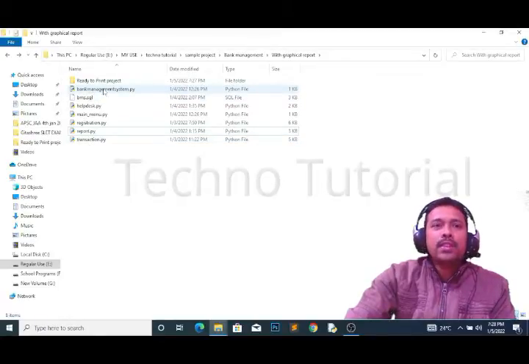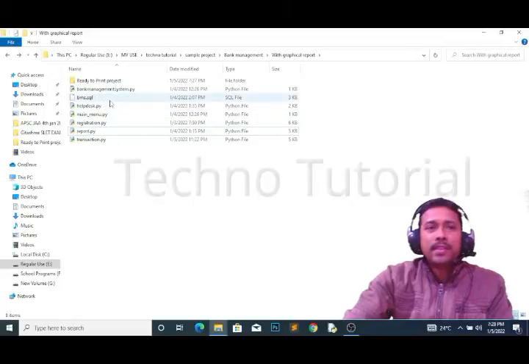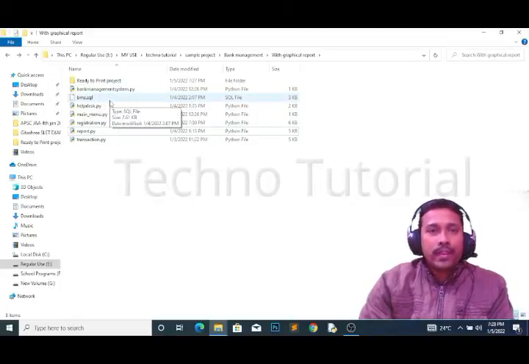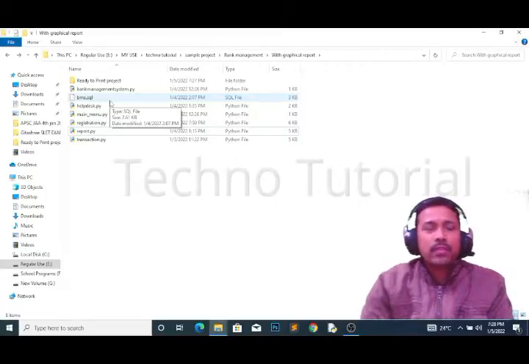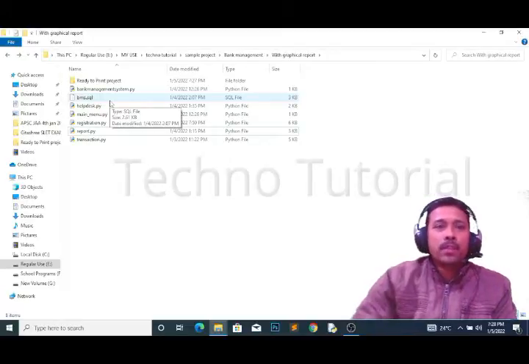Now see, this is the first file that you have to make, and here the concept we are using is the Python module. You already know about modules. A module is where we can write multiple functions in a Python file, so we can say that the Python file is a module. From that module we have to import any of the functions in our main program.